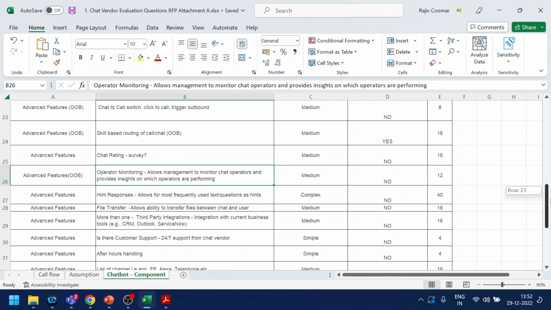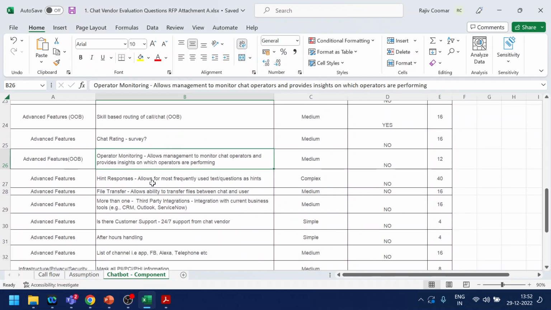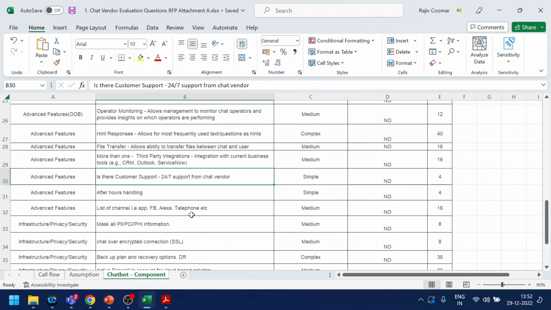So the supervisor can see exactly what chat is going on between the user and the agent. Hints: rather than the agent writing everything in the chat, does it provide shortcuts or hints so that the agent can click and it pops up over there? So that thing, or also the FAQs or knowledge repository responses, file transfer capability, integration, as again I mentioned,